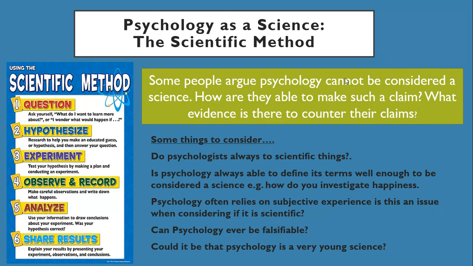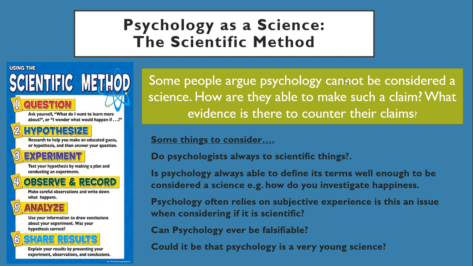Also, when we think of something as a science, we should be able to have a paradigm, which is a big theory, and we should be able to have paradigm shift. So when all psychologists kind of believe in one thing and then change their mind based on evidence and go and believe in something else. And an issue with psychology is we tend not to have paradigm shifts because all the approaches look at things from different perspectives, and they tend to not all agree when you have kind of big changes in theories.